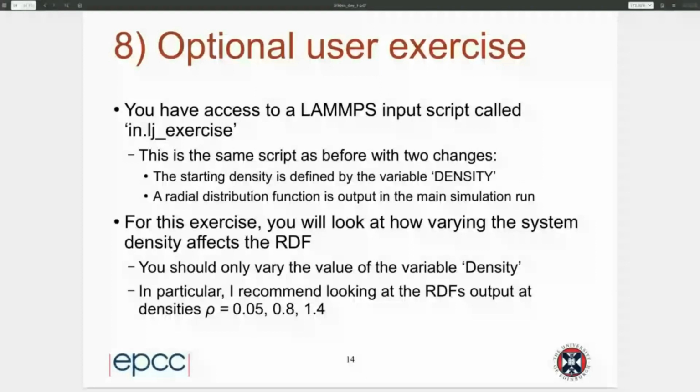program, have a play around with it, and specifically, I would recommend for this exercise, have a look at how the radial distribution function that's output varies as you change the density. Does the radial distribution function always look the same regardless of which density you're using, or does it change? In particular, if you're going to look at only 3 densities, I reckon if you look at those 3 densities that I've stated, so 0.05, 0.8, and 1.4, you'll get some quite